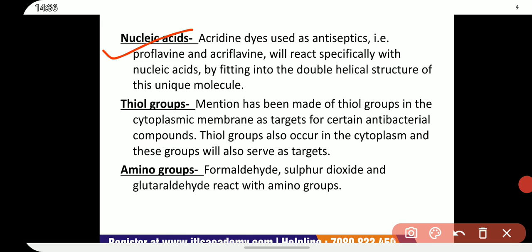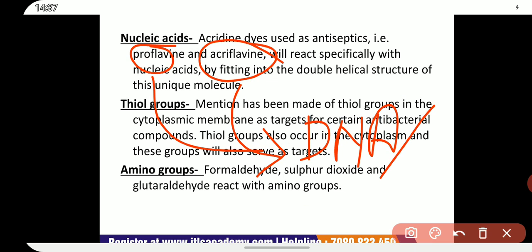Nucleic acids. Acridine dyes used as antiseptics, that is, proflavin and acriflavin, will react specifically with nucleic acids. Proflavin and acriflavin are antibiotics that act on the nucleic acid. This may be DNA or this may be RNA. These are antibiotics that act on the genetic material